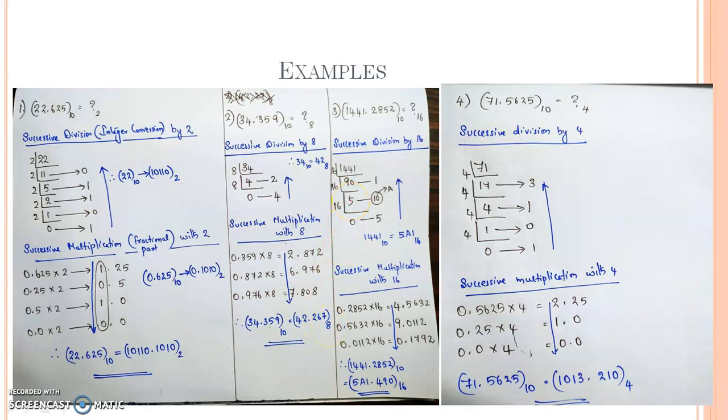Now let's see an example of how you will convert a decimal number to a hexadecimal number. Since it is hexadecimal, its base is 16. Perform factorization with 16. Now 1441 has to be divided by 16. So 1441 divided by 16 is 90 with remainder 1. 90 divided by 16, the quotient is 5 with remainder 10. And we know that there is no 10 in the hexadecimal number system. It is represented as A. So write it as A, not 10.